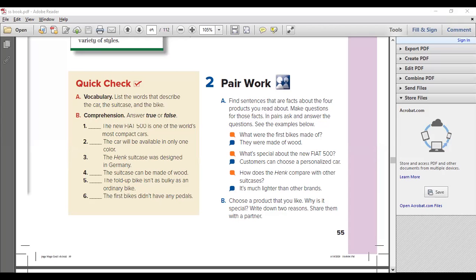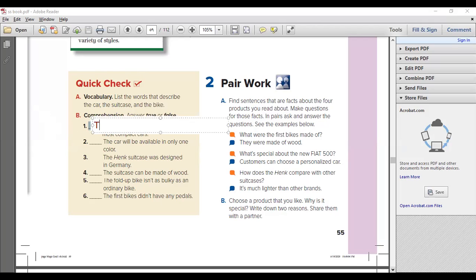Okay, so let's see the first one. Hadil, can you read the sentence first? The new Fiat 500 is one of the world's most compact cars. True. Yes, it is true. Thank you, Hadil.